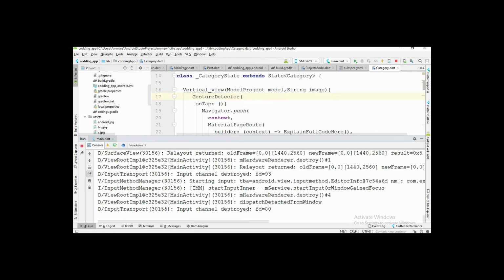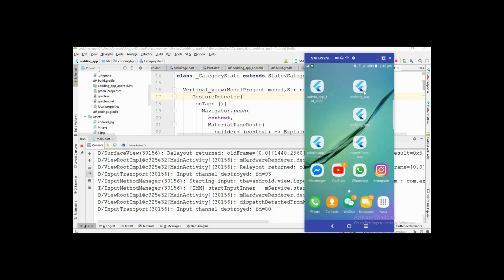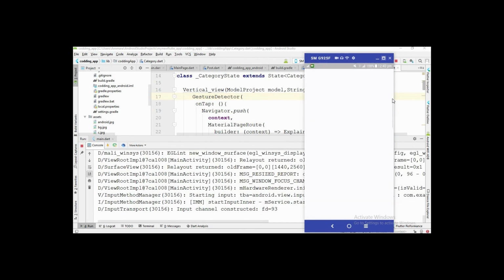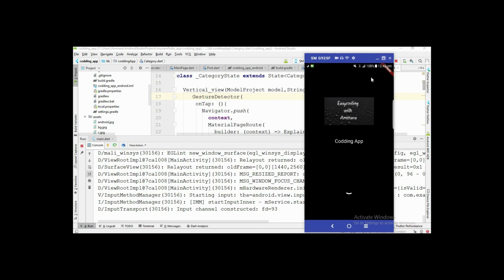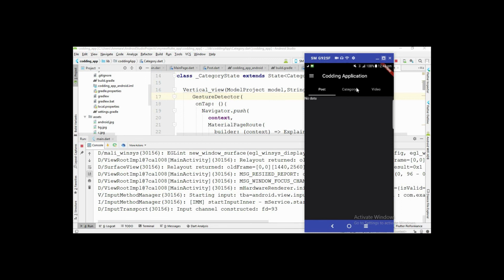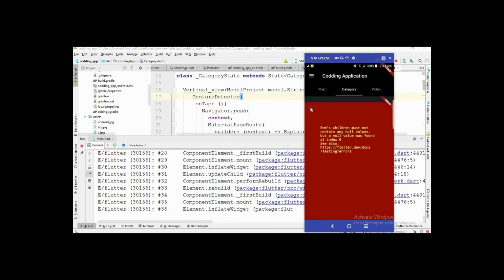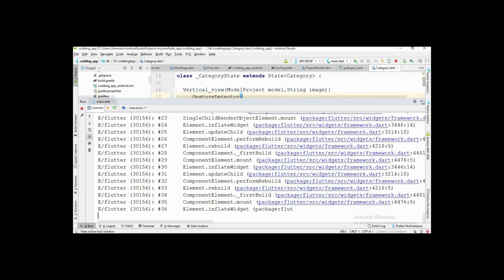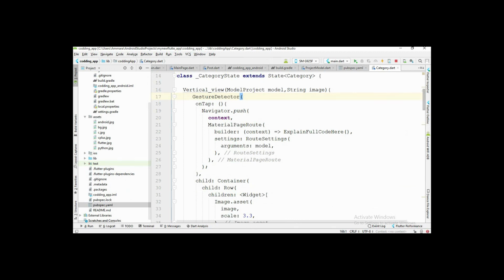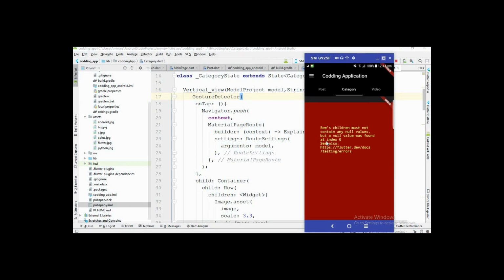Okay, the app ran successfully. Now I open this app and you can see that this is the splash screen, and after that splash screen you can see that, oh, here is an error. Row's children must not contain any null value. So you can see that here is a problem at index 0.